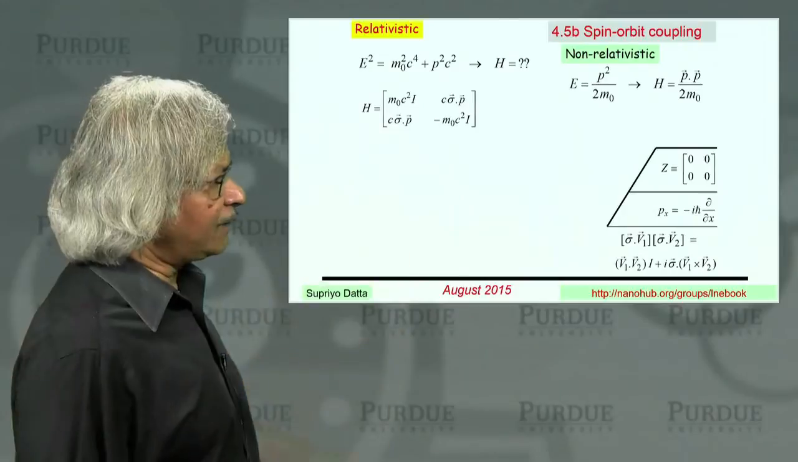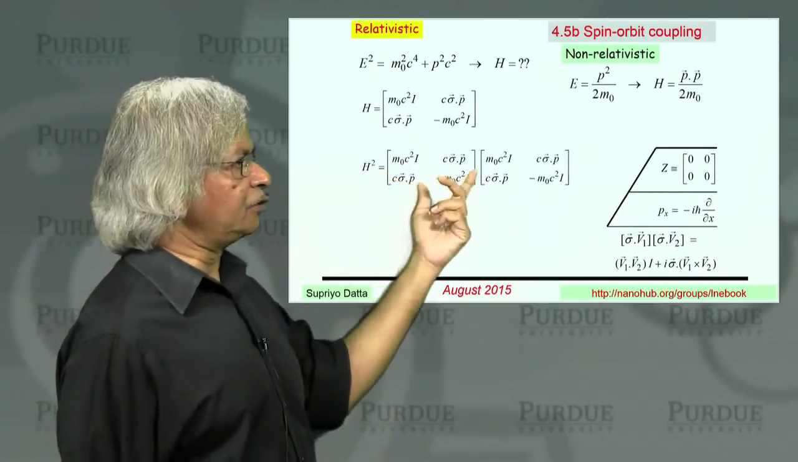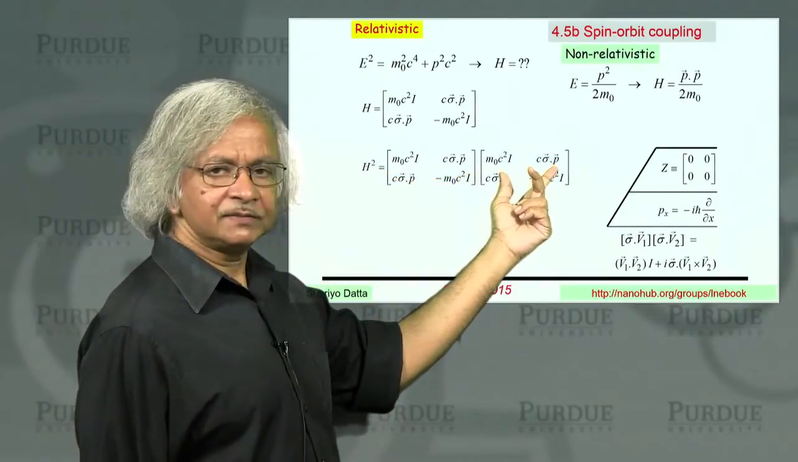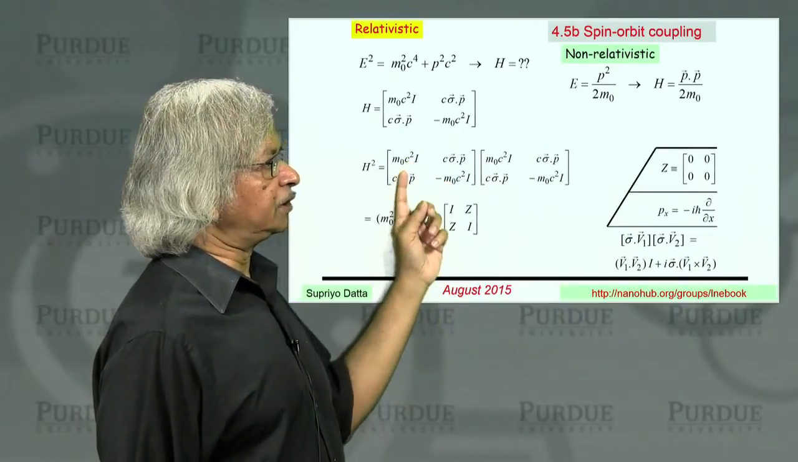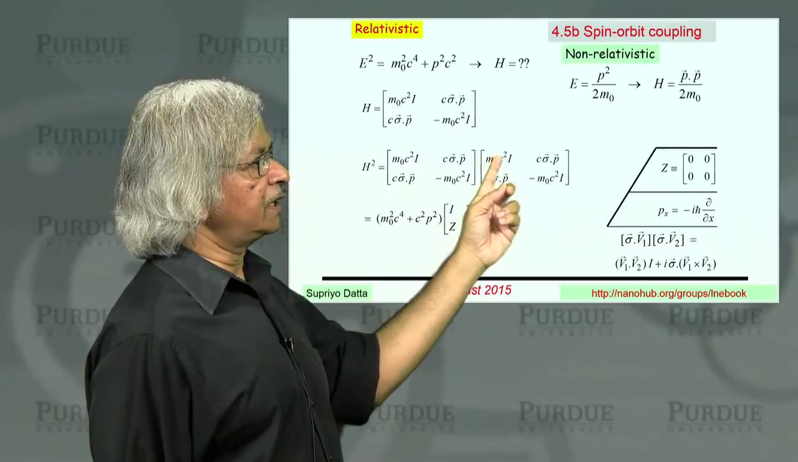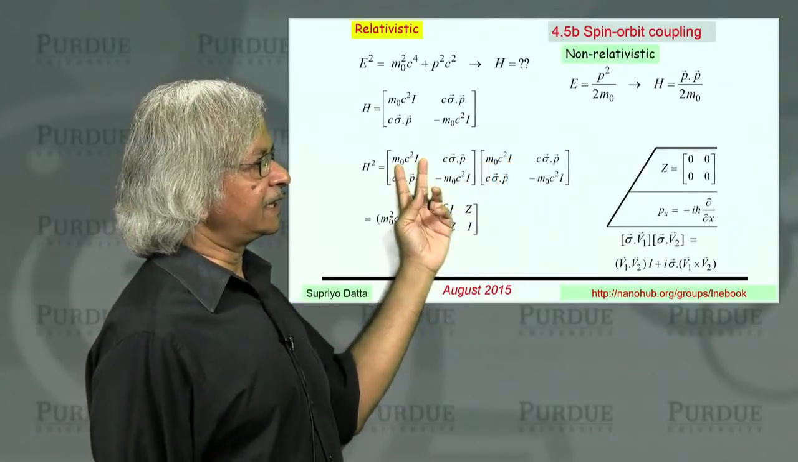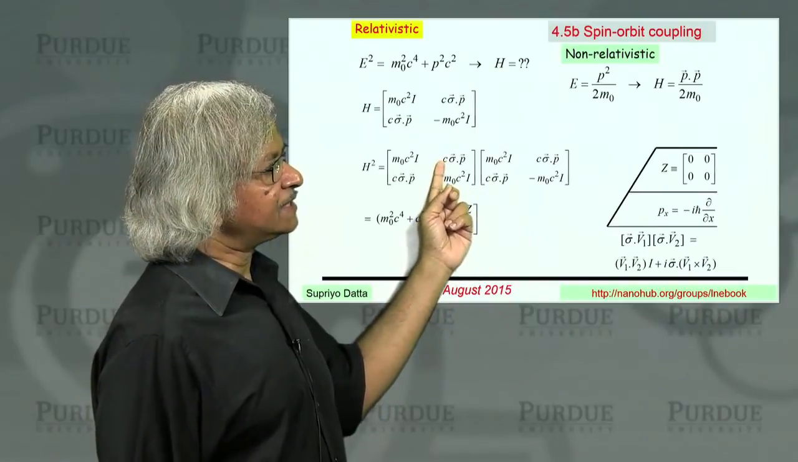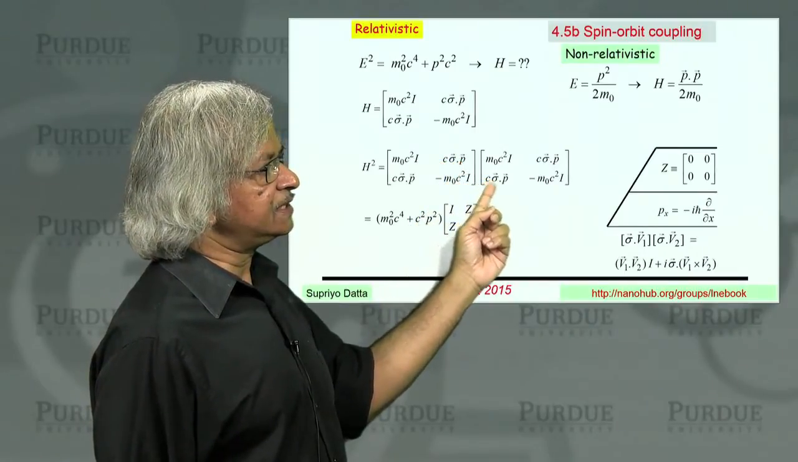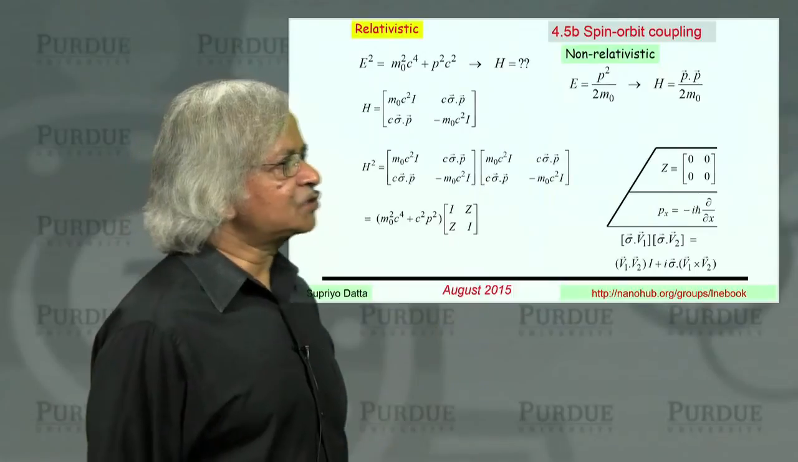So just to see that, what you have to do is multiply it out. So multiply this with this. Then what you get is, if you look at, say, the 1,1 term, m0 c square I times m0 c square I, that's m0 square c to the power 4 I. Then you have c sigma dot p and again c sigma dot p,